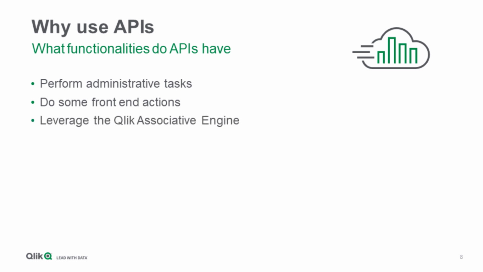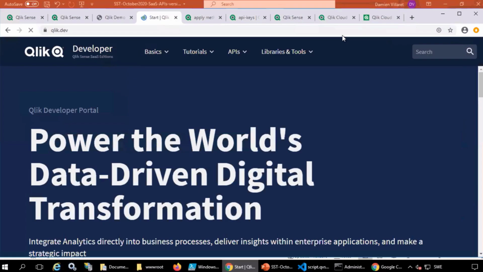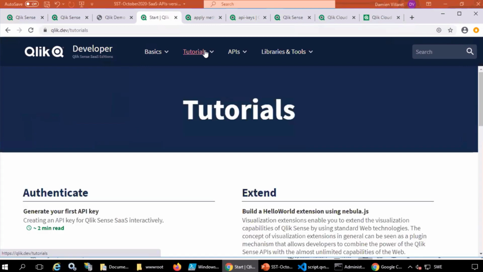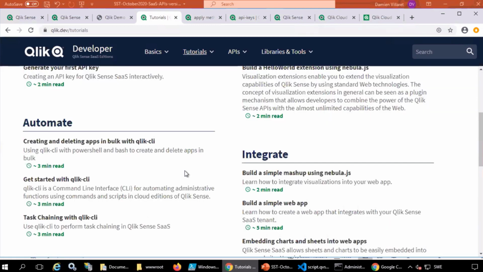You can call directly the Qlik associative engine with your own data, and you can embed a QlikSense object on your own website. So it's kind of just a different interface with the program. Can we see some of these APIs in action? Of course. So we first go to qlik.dev and use one of the examples that is available. I guess qlik.dev would be where someone would go to get started using APIs. That's right, for QlikSense SaaS, that's the best place to get started with APIs.